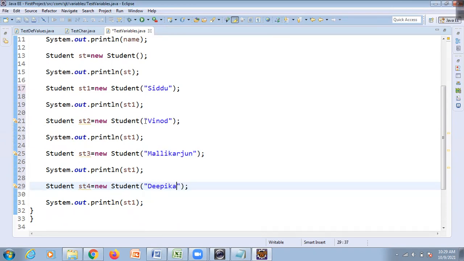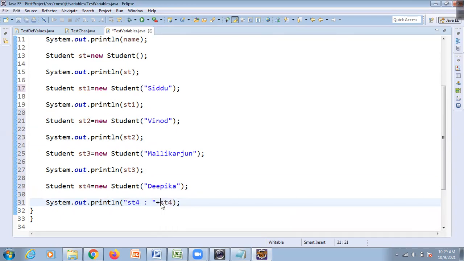And this is ST2, ST4. We will have some concatenation with this: which object is this? ST4, correct? ST4 address.